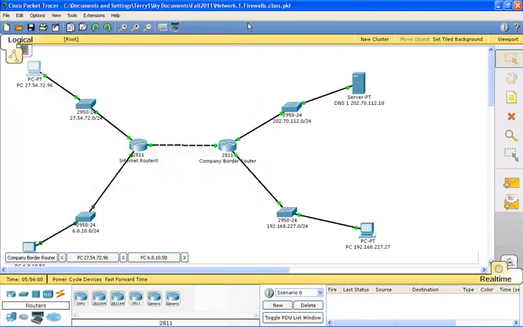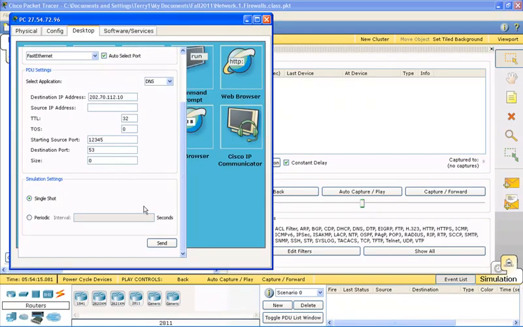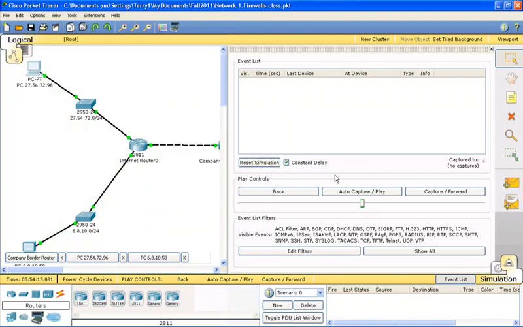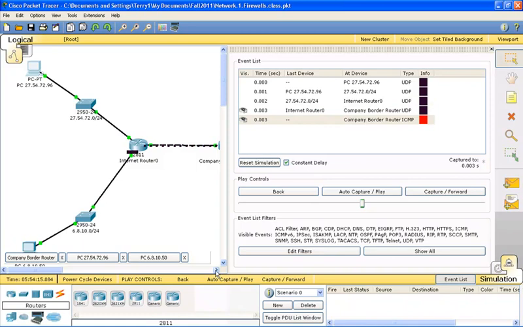I'm going to minimize this. Now let's go over to simulation mode. Okay, here's our packet. So click on send. Minimize this. Now let's go forward here. So here is our UDP packet. It's made it to the switch, made it to the internet router. It's being forwarded on to